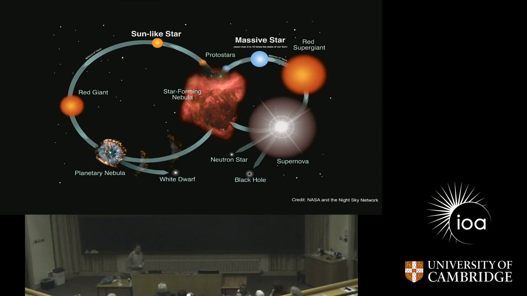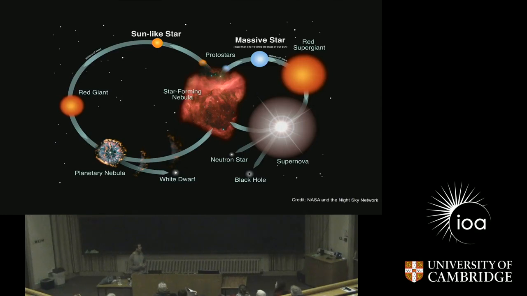So we have stars forming from the interstellar gas, and if they are like our sun, they will live for billions of years, become red giants, and blow off their outer parts as planetary nebulae, leaving behind a white dwarf. And if they are very massive, they will live for only a few millions of years, 1,000 times less than our sun and similar stars, become massive red supergiant stars, explode as supernovae, and leave behind neutron stars or black holes. And all of the material that they throw off is taken back by the interstellar medium.